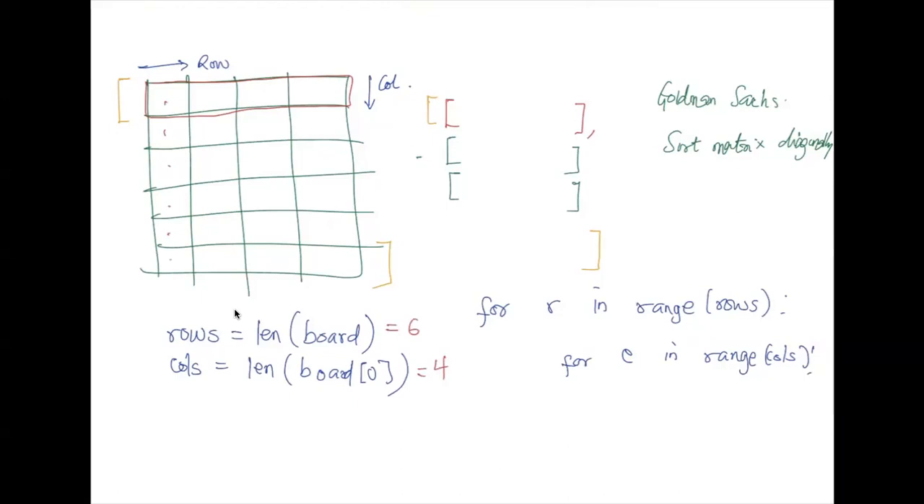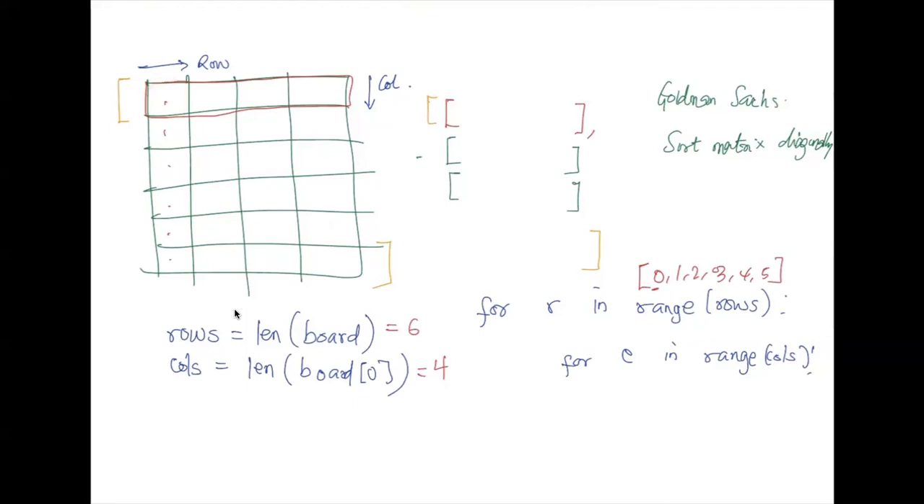So at the start, we're using range, right? So range rows means that R is going to be 0, 1, 2, 3, 4, and 5. So for R in range, when R is 0, we're talking about this first row. I hope that makes sense. So to get the element here,